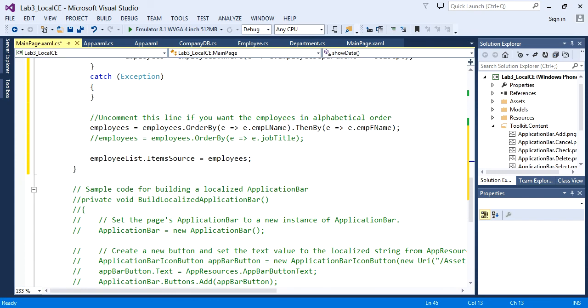Okay. And then depending on whether you want to sort it alphabetically or by job title, I just have two versions here, so you can uncomment whichever one you like. Right? It's pretty obvious what this code is doing. I'm just adding an OrderBy, ThenBy, so for last name and first name. If instead I wanted my list of employees alphabetically by the job title, I could just use the alternate sorting approach. That's pretty much a design decision. I just changed my mind at one point when I was making this up. That's why both are there. I figured my